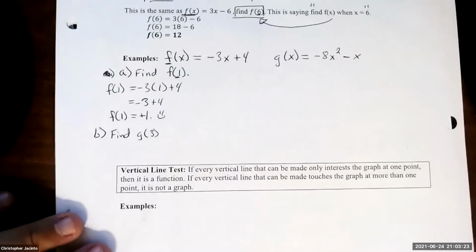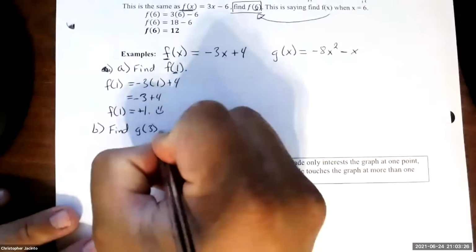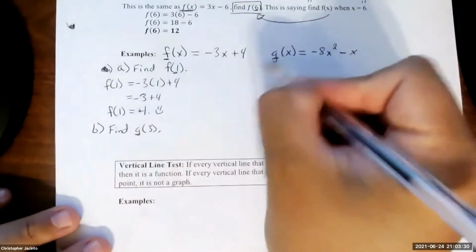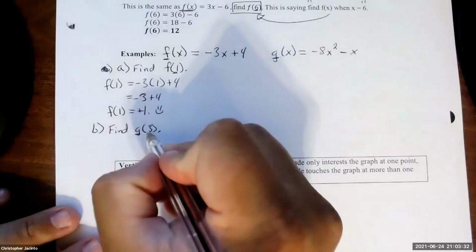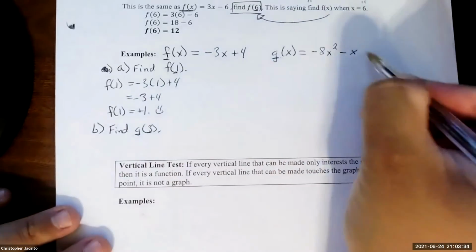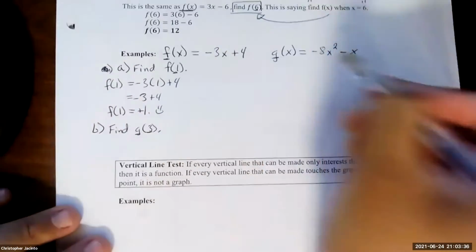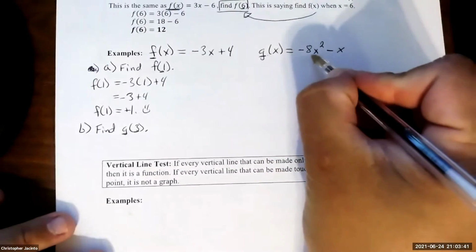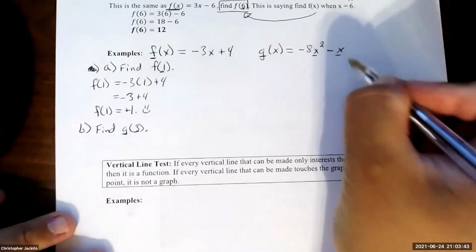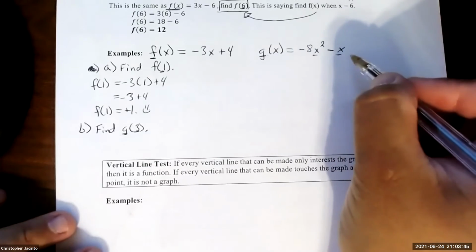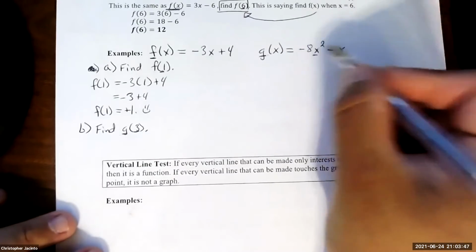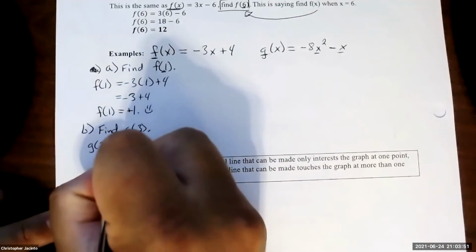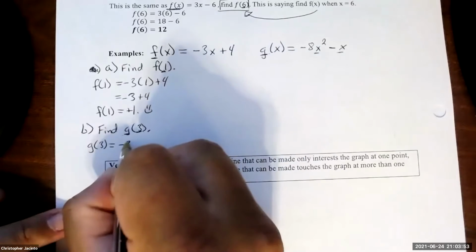This one's going to be a little more difficult. So now that we want g of 3, I'm not looking here, I'm looking there because I want g, right? G and g. So now this is saying, what does this end up being when I plug in 3 for x? Now we have to be careful here, because I have two places to put it. I have to plug it in here and also plug it in there. I can't do just one or the other, I have to put it in both places. So this time g of 3 is going to be -8